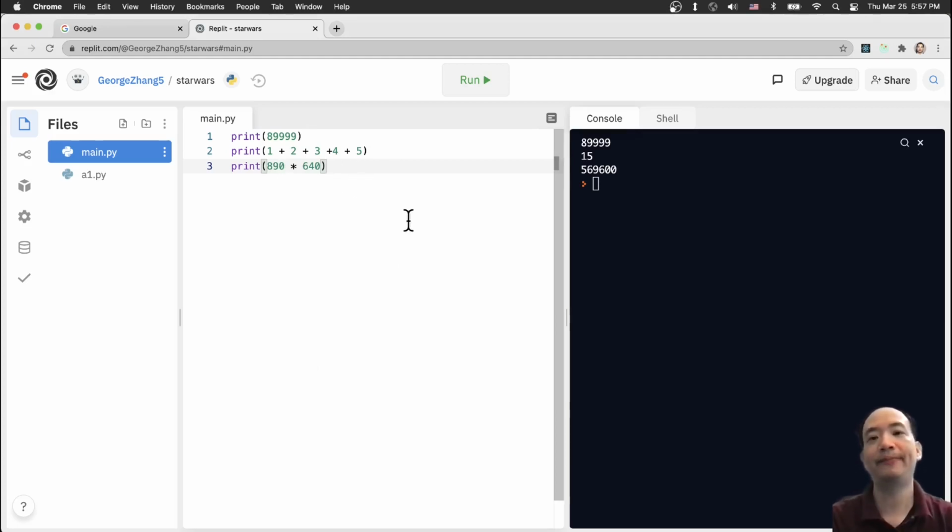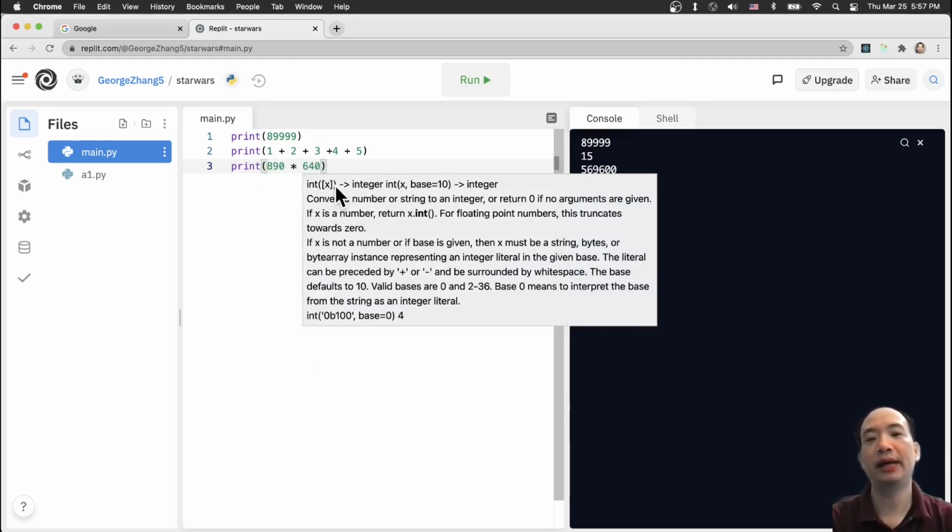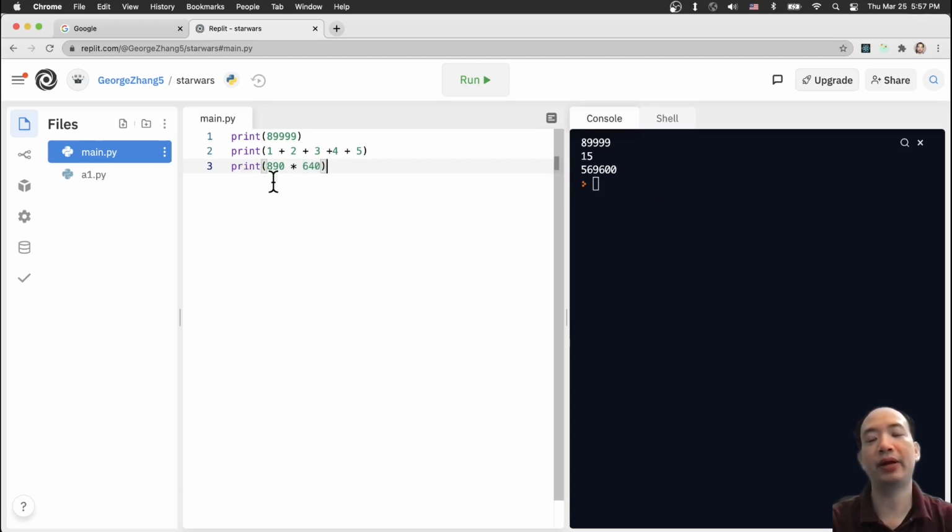All right, so we just tried some numbers here. You know that our computer can do numbers, and we do calculations over here, and we can also do strings, which are for sentences, letters, and emoji, something like that. So let's just try a string. You can just do print,